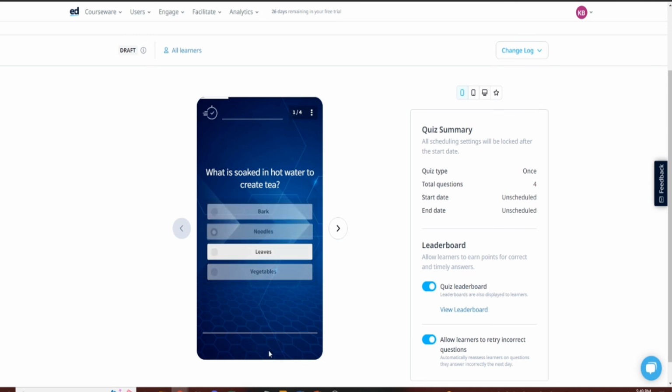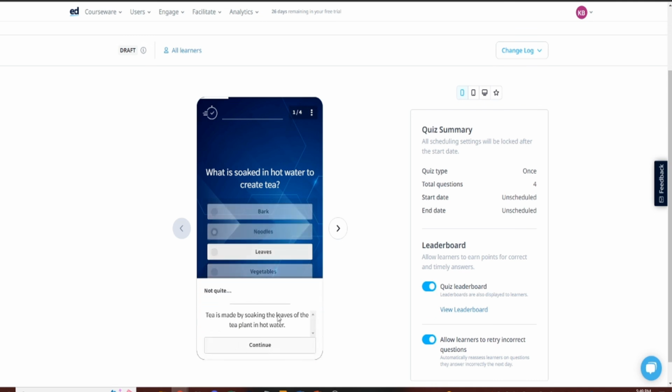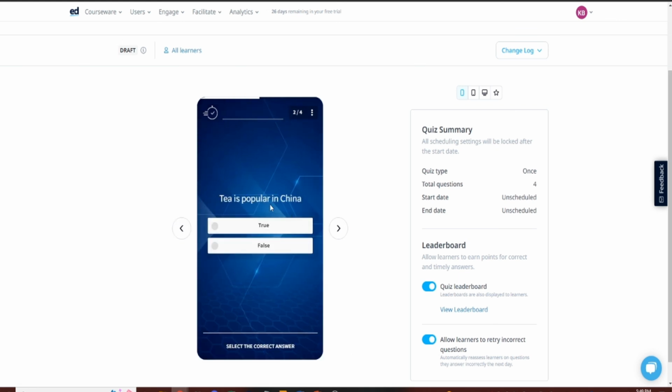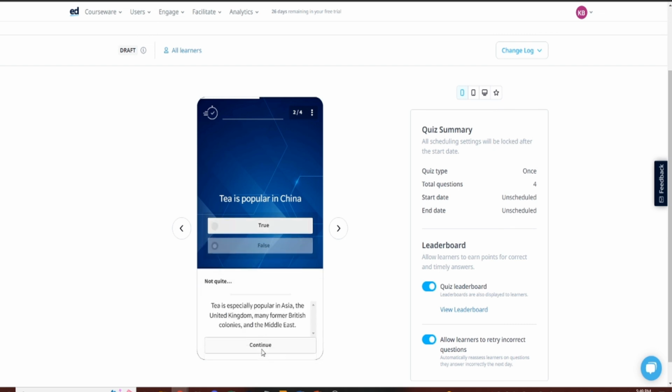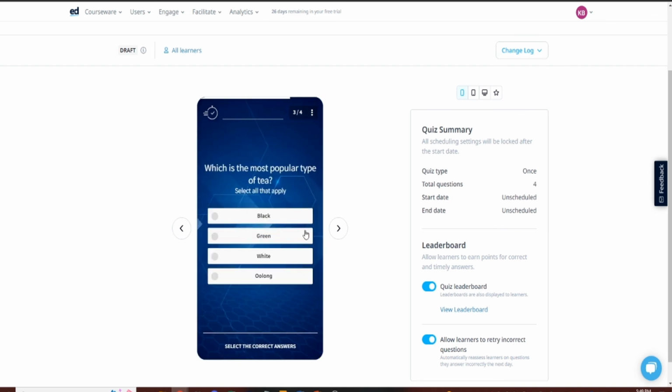Alright, I got that one correct. And then continue, so we have that text reinforcement right here at the bottom so that they're able to learn more about that answer. So if we select a false answer,